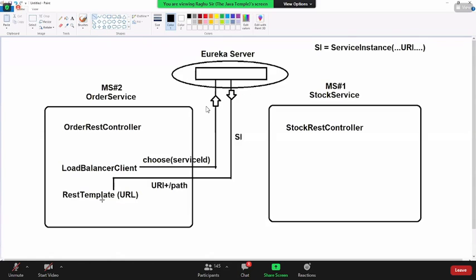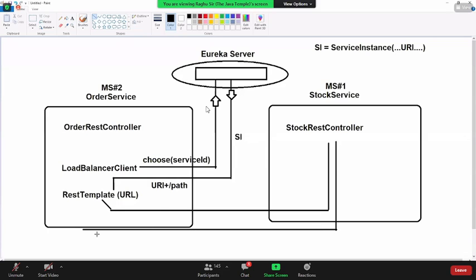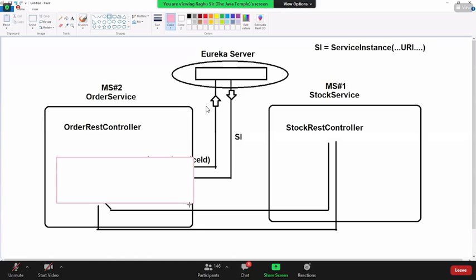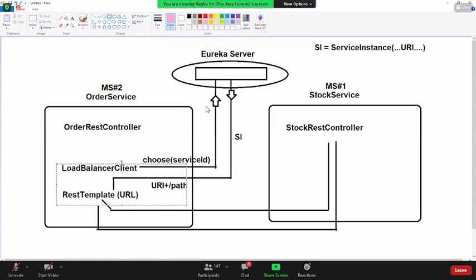Now this rest template will make the call. That will go to the rest controller and get the response back. But if you observe this load balancer client code, this complete code we have to write in a separate class.